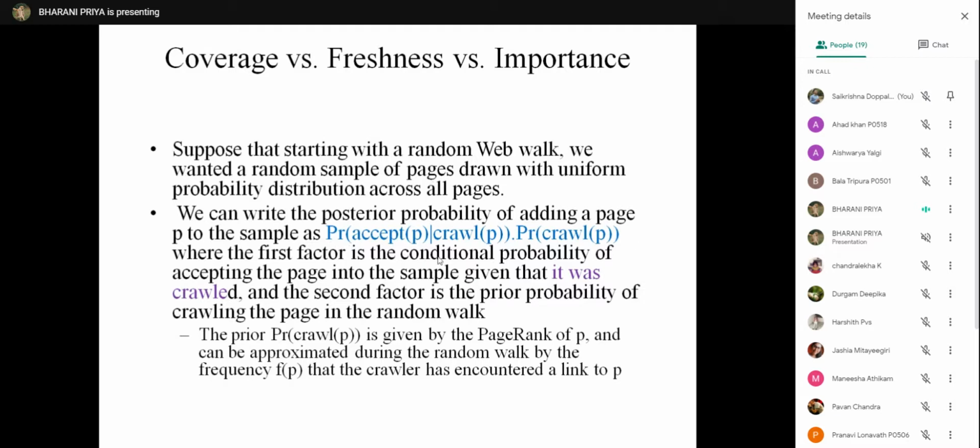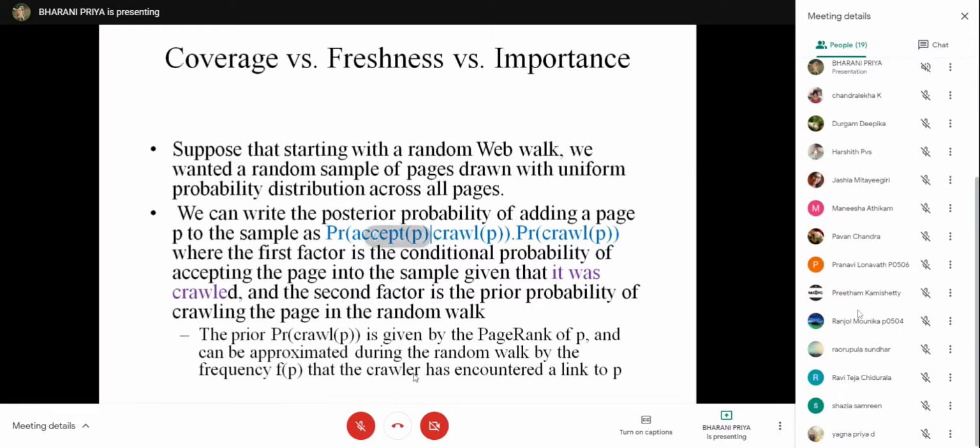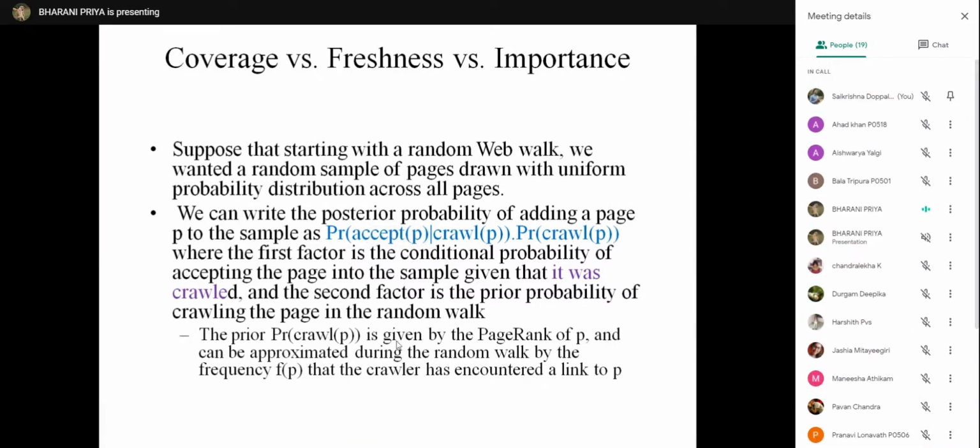So using probability, we can estimate which pages can be fetched given the seed pages. This prior probability is given by the PageRank of P, and can be approximated during the random walk by the frequency with which these pages are crawled.